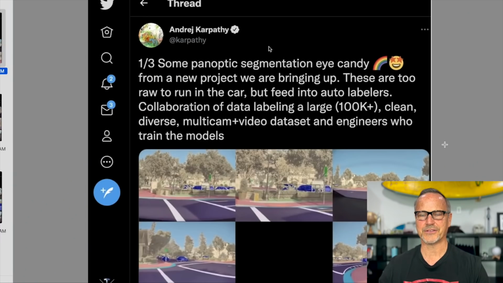So you can see here that there's 3 tweets that Andrej Karpathy sent out a couple of days ago. Tweet 1 of 3 says, "Some panoptic segmentation eye candy from a new project we are bringing up. These are too raw to run in the car, but feed into auto labelers. Collaboration of data labeling at a large 100,000 plus, clean, diverse, multicam plus video data set and engineers who train the models." So we're going to talk about a bunch of that stuff later, but first of all, just note